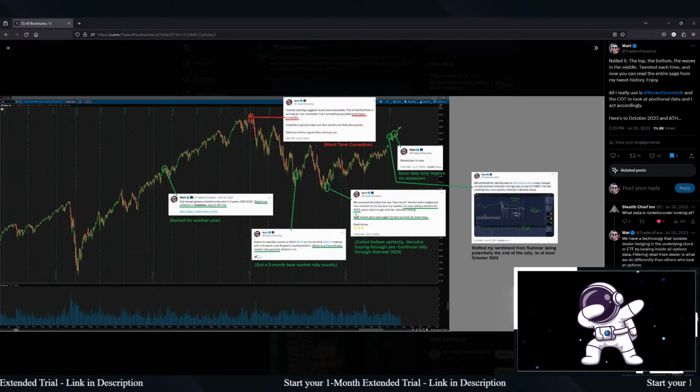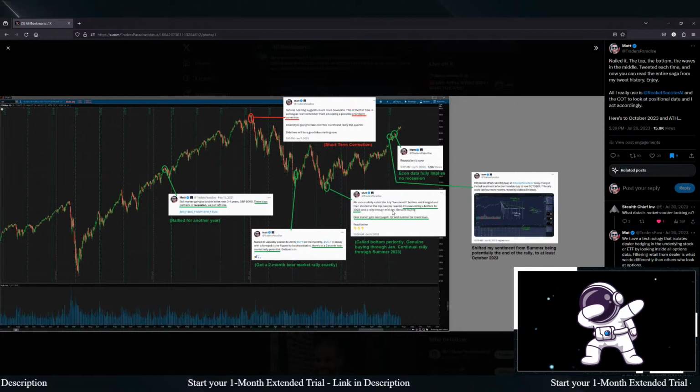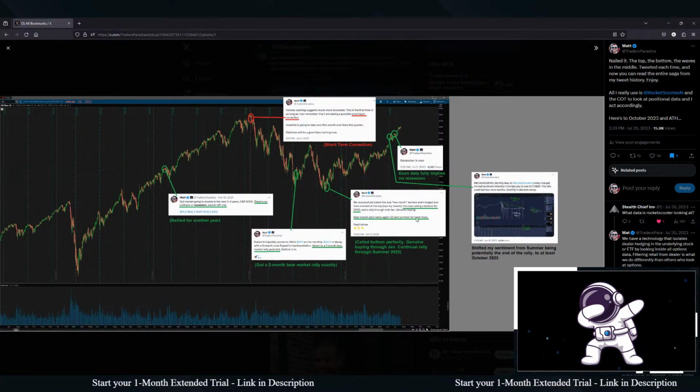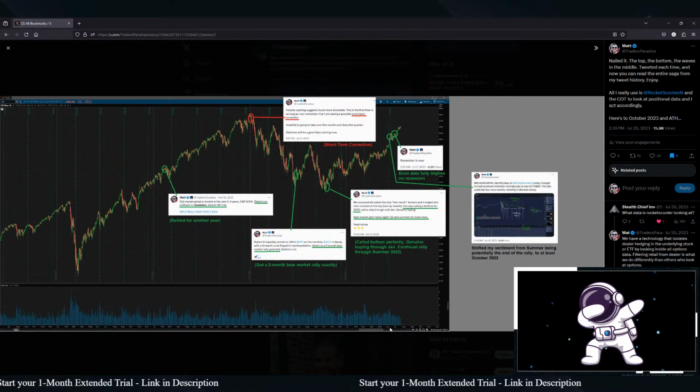I'm now calling a bottom for 2022 and a rally through mid-January, genuine buying. And it's been rallying ever since. The bear market gets nasty again Q2 and summer for lower lows, if so. And then when Q2 came around, here's June and July, I changed my thesis and said, nope, the recession's over.